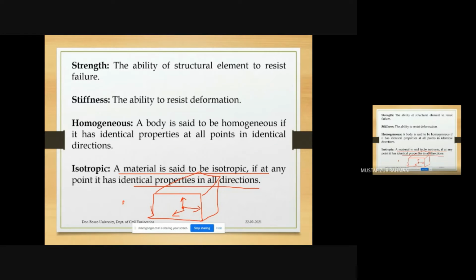So there will be another type of material, orthotropic. What will happen in orthotropic? Properties are identical in orthogonal directions, in 90 degrees. You are writing something in